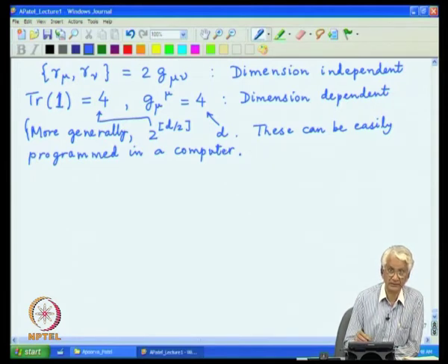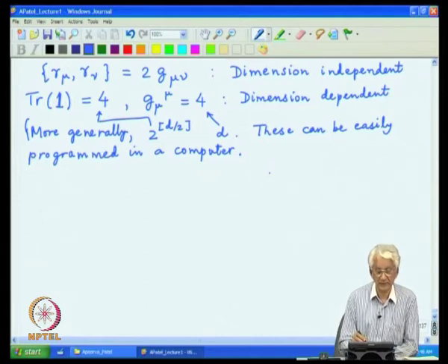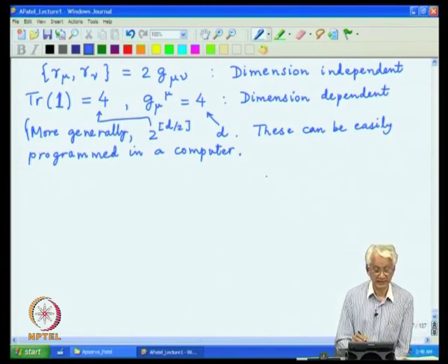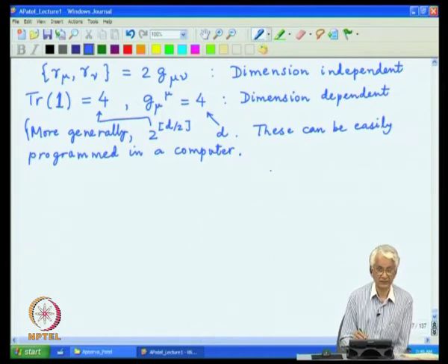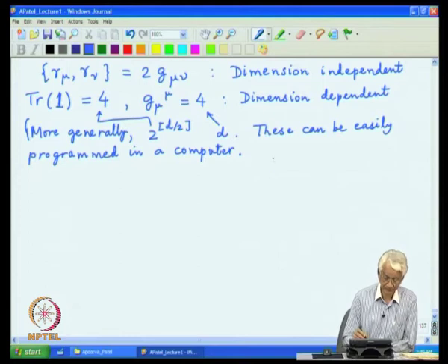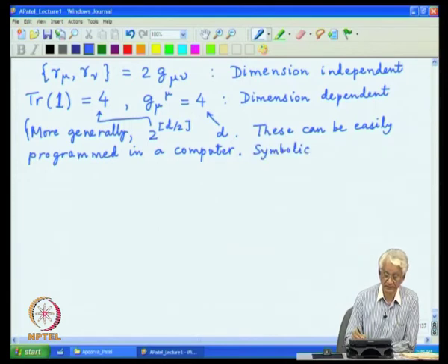That also has become very popular because many times the algebra is lengthy and you want to get the result fast and also make sure that you do not make any mistakes in some factors of 2's or 4's, etc., and the computer provides a good check. But one has to keep in mind that sometimes the computers produce their own ambiguous results, and then one has to go back to the theory to figure out what is the part which is not well defined and do the calculation correctly. So, these are all the symbolic manipulation packages.